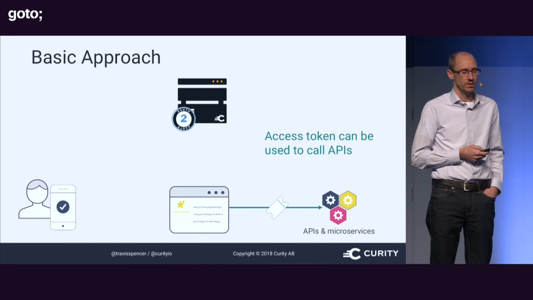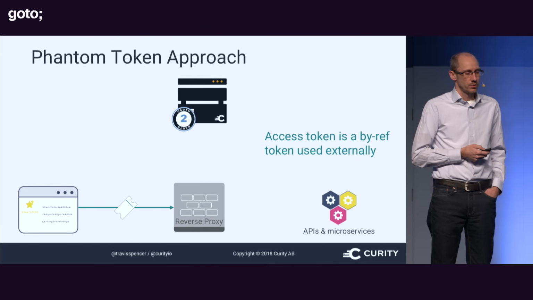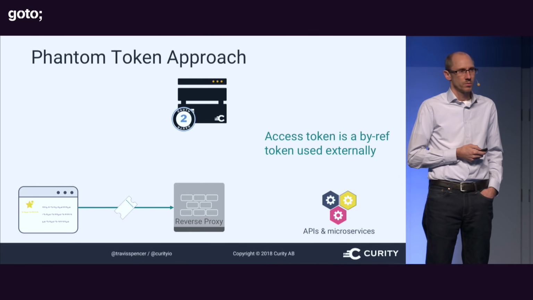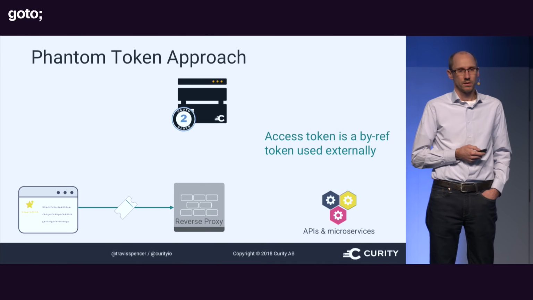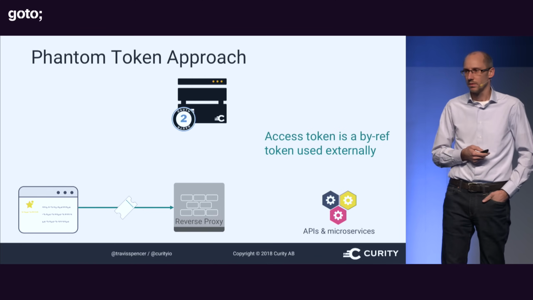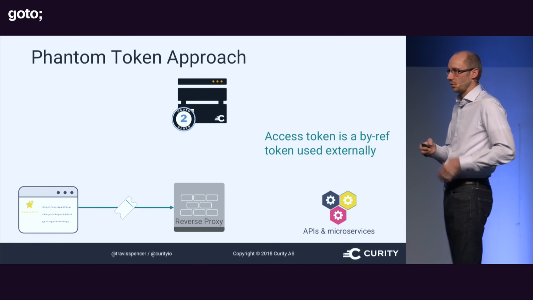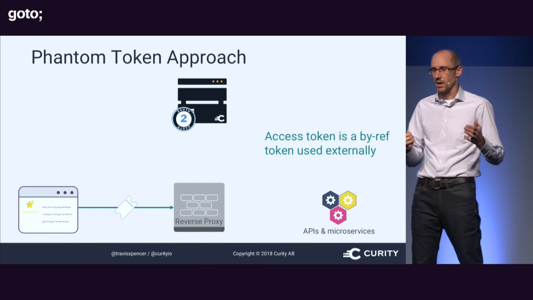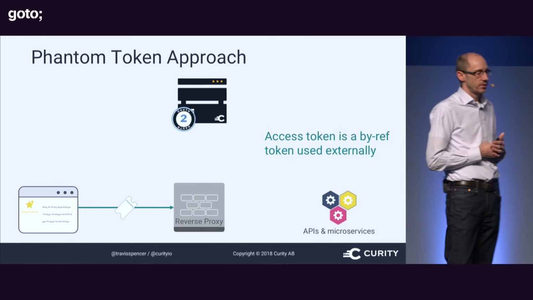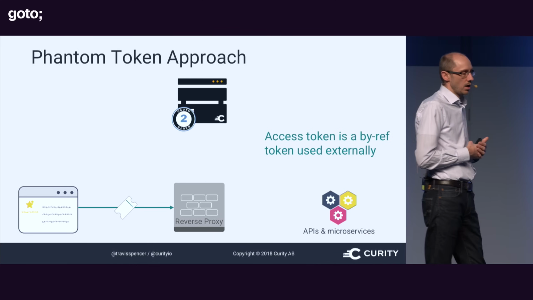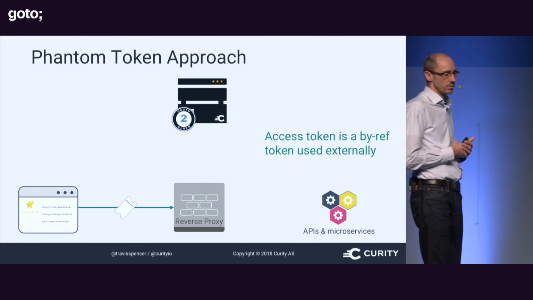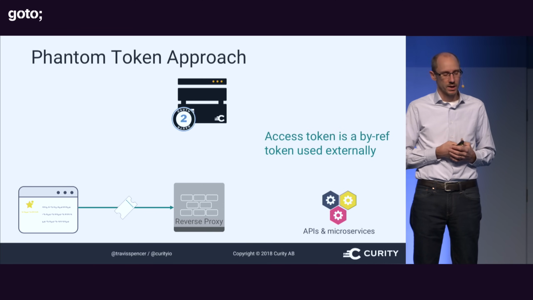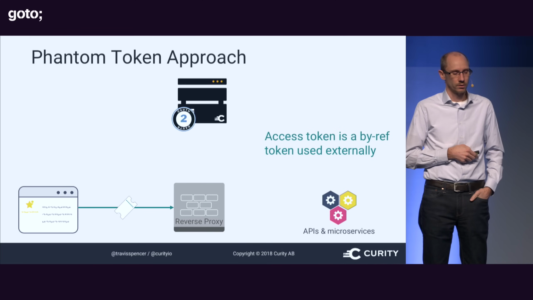So they'll have to do the dereferencing. So usually what happens is there's some sort of intermediary in place in front of an API. So the API will have some sort of broker. It could be a bona fide gateway. It could be one of the microservices' job to actually broker in access. It could be other things. But some sort of reverse proxy or middleware will be in place almost all the time when accessing APIs from an external